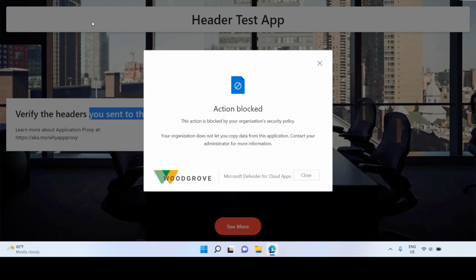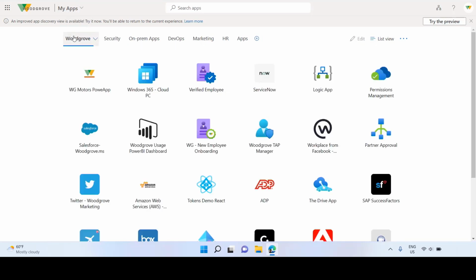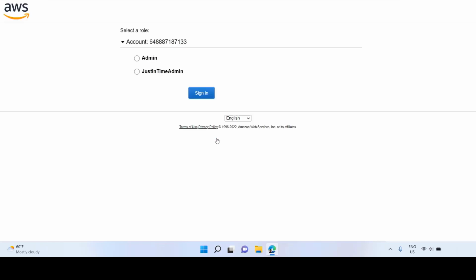These same session controls can also be applied to third-party applications. These same controls can be applied to, an example would be AWS. You can apply session controls to ensure that users don't accidentally download information from SaaS applications that should not be downloaded. In this example, not only are we providing the user the ability to select a role inside of AWS,